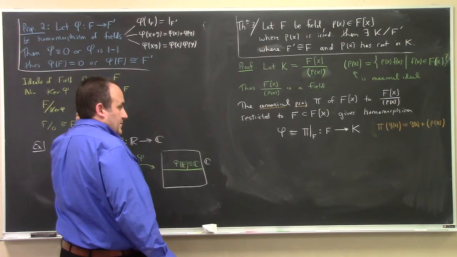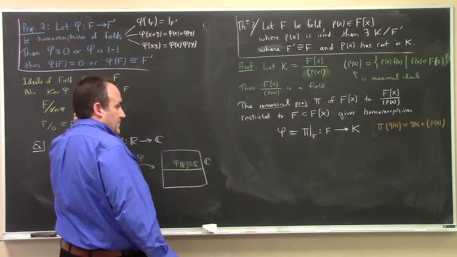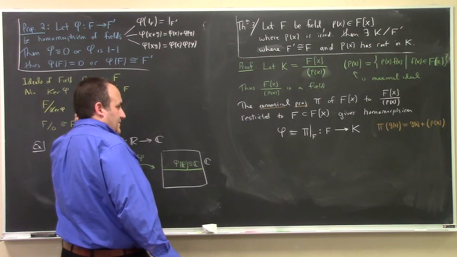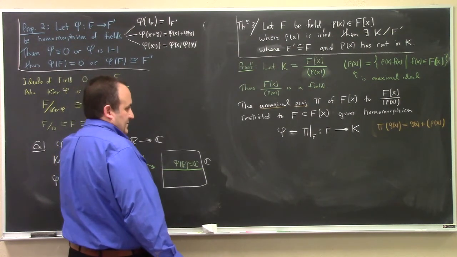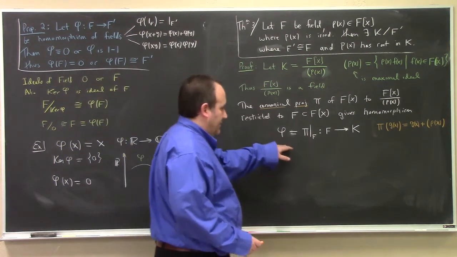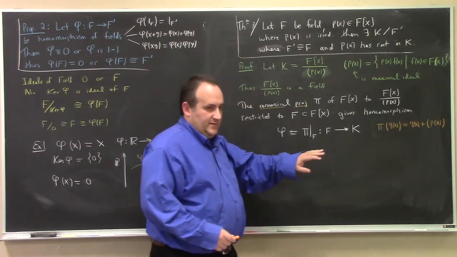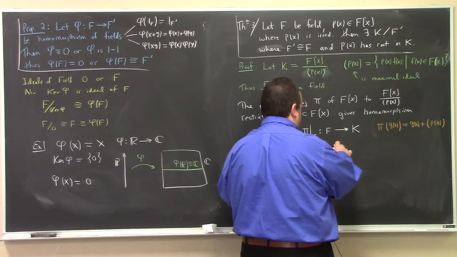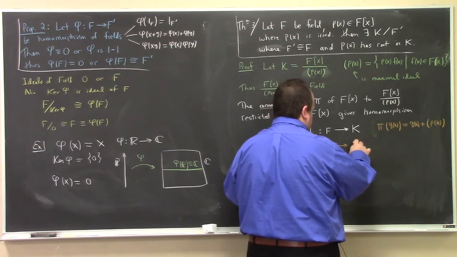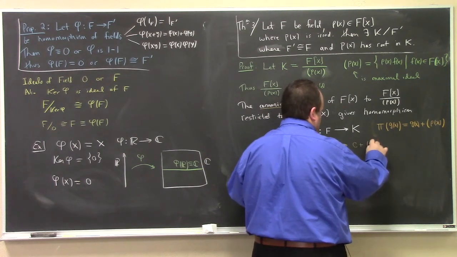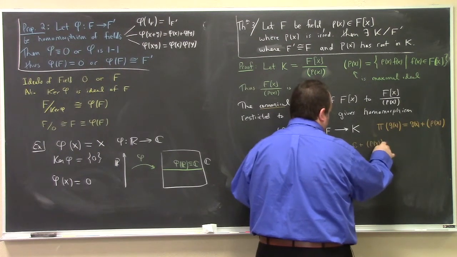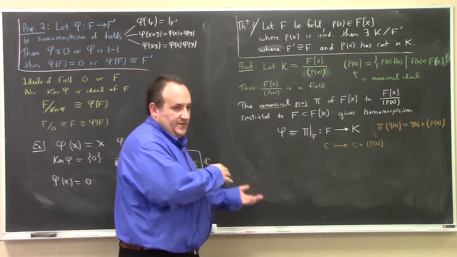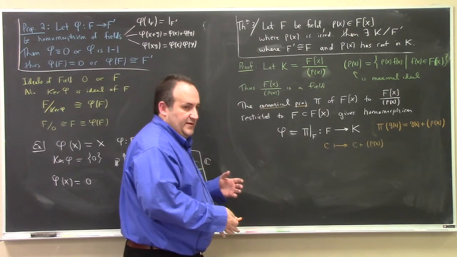But the thing is, you're restricting it to F inside F of x. The fussy thing here is that the image of this map over here in K, in here you've got a constant, right? And you're mapping it to something like a constant plus the ideal. So they're different objects, right? But the point is that,